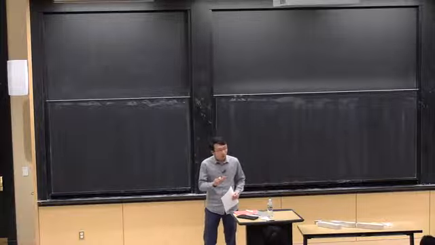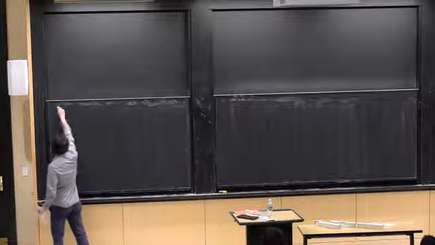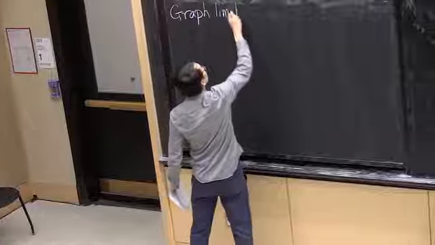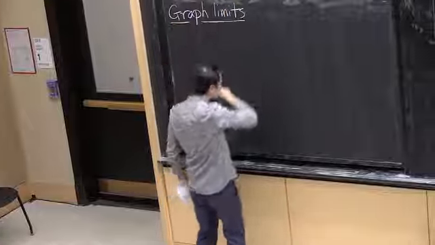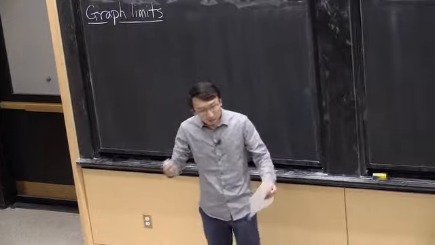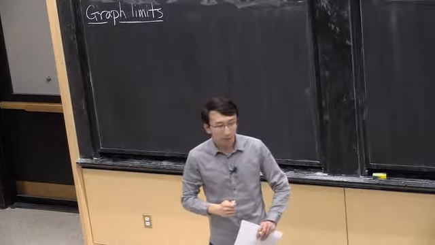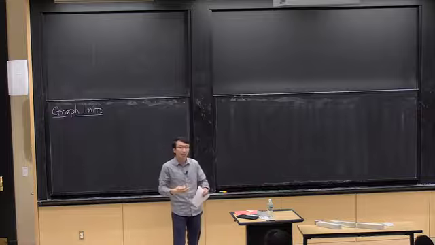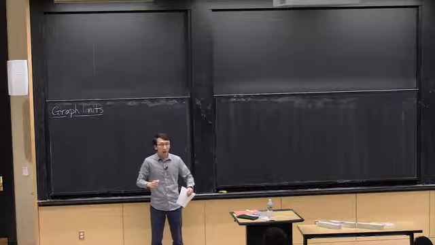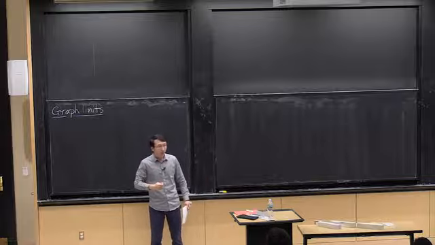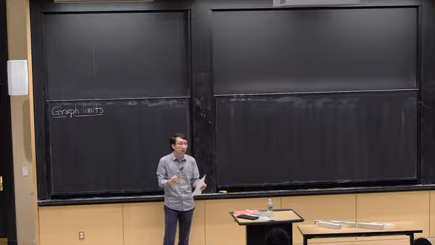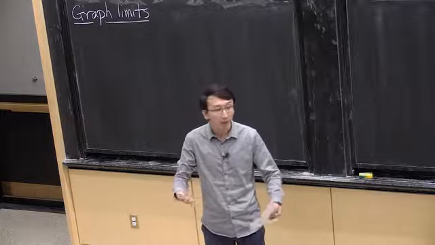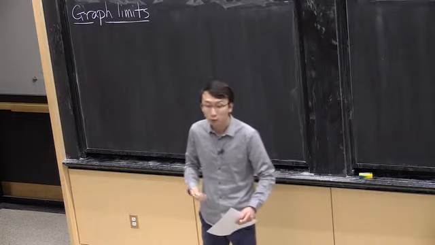All right, so today we're going to start a new chapter on graph limits. Graph limits is a relatively new subject in graph theory. As the name suggests, we're looking at some kind of an analytic limit of graphs, which sounds like a strange idea because you think of graphs as fundamentally discrete objects. But let me begin with an example to motivate, at least a pure mathematical motivation for graph limits.